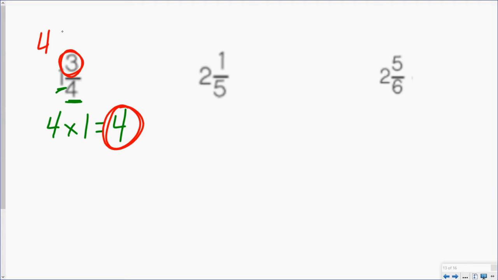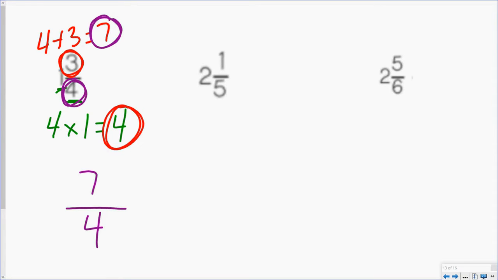So 4 plus 3 is going to give me 7. And then my last step is to take this 7 and make it my new numerator, and this 4 is going to stay my denominator. So my improper fraction would be